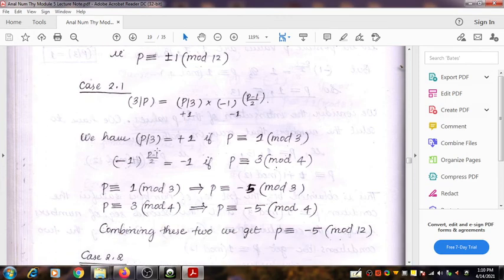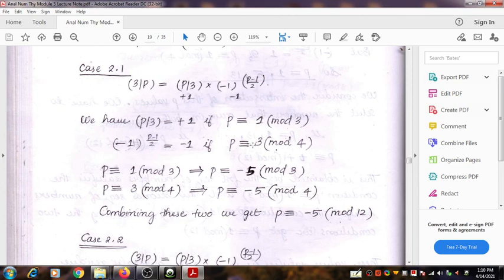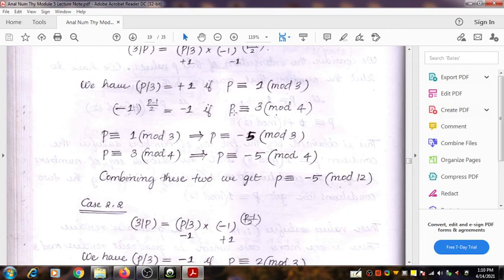we select (P bar 3) equal to plus 1, and that can happen if P is congruent to 1 mod 3, and the second quantity is minus 1, and that can happen if P is congruent to 3 mod 4. First case it is P is congruent to 1 mod 3, and the second case P is congruent to 3 mod 4. Okay, and therefore